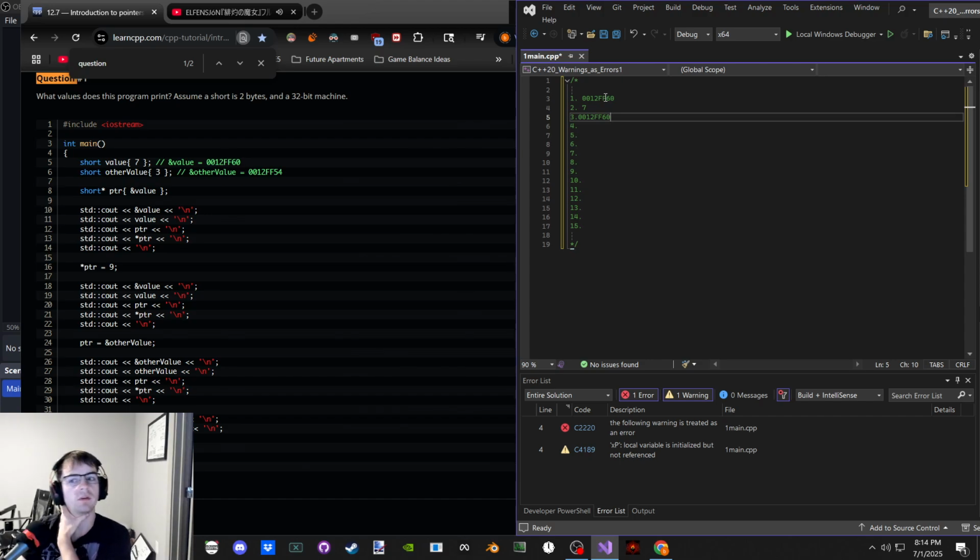In the reference, oh wait, no. Short other value is not okay. Yeah. Oh, there's no reference actually here. We only have pointers going on. Okay, so we have the address of the object, the value of the object, and the pointer has the object's address, so it should be the same. And then 4 would be the dereferenced pointer, so the value at that address, which should be 7. And then inline, duh.